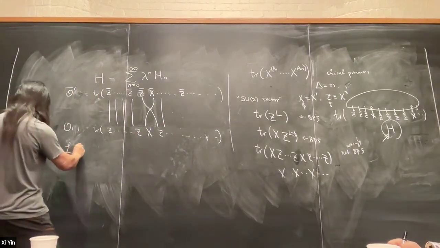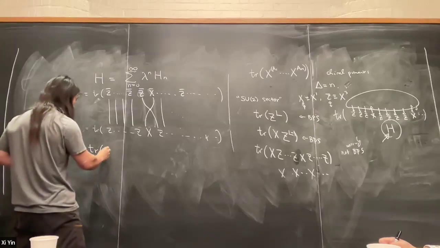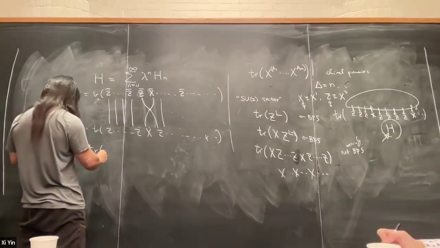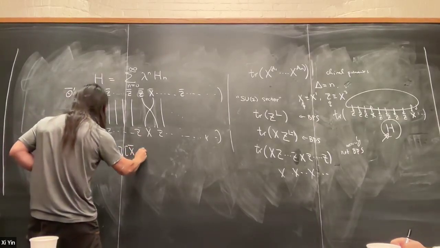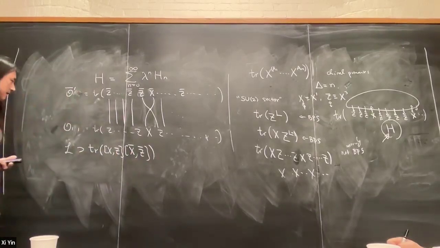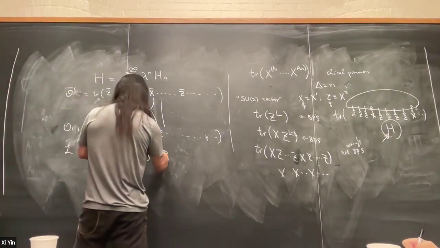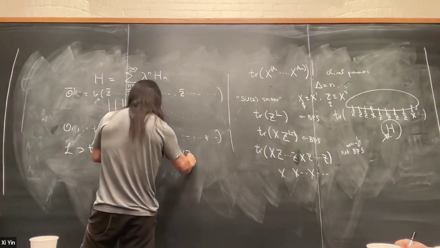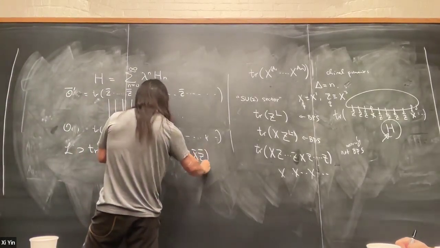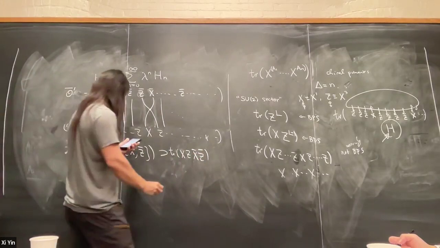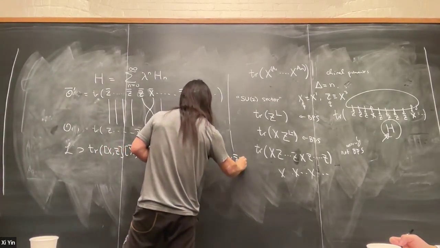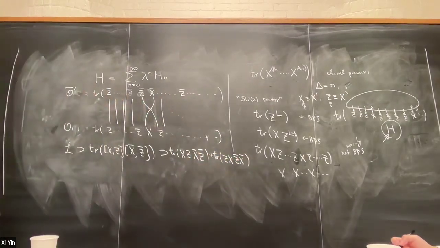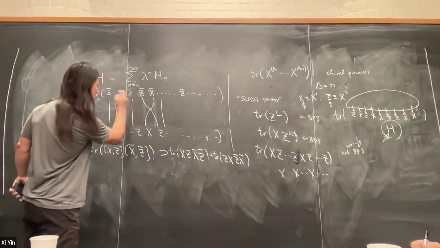So the Lagrangian contains the coupling trace X commutator with Z. So in particular, this trace XZ commutator, X bar Z bar commutator. So this has the X and Z coming in different orders. So this contains, for example, a trace of XZ X bar Z bar, and a plus trace of ZX Z bar X bar. These are the two interactions that will allow you to swap the position.